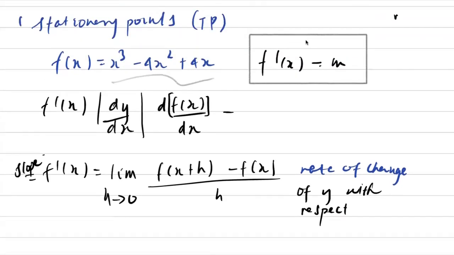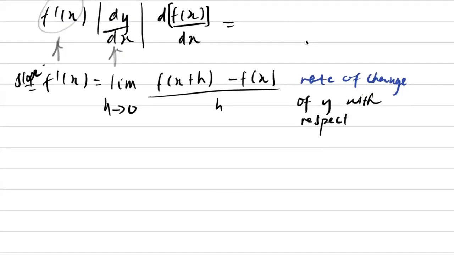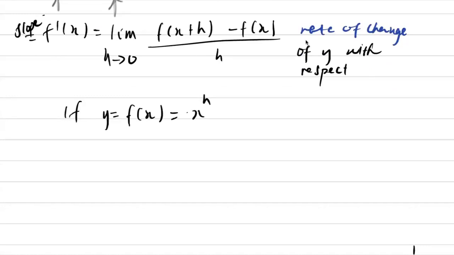So these are basically just different notations. I think this is Leibniz notation, or this is Newton's notation. I don't remember clearly, I'm not really interested. But they're different notations that mean the same thing. So we're going to differentiate this function using the power rule. The power rule says if we have a function y, or the function f of x, equals x to the nth power, okay? What we'll do to find the differentiation of this function, which is f prime of x, is take the exponent n